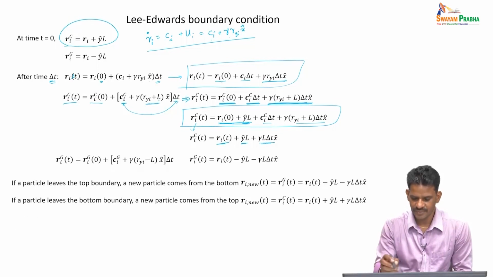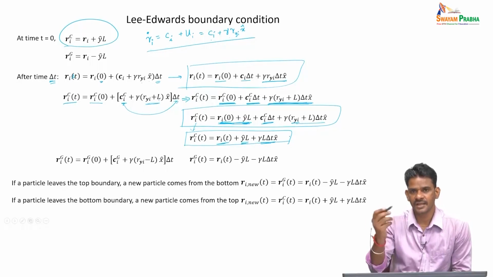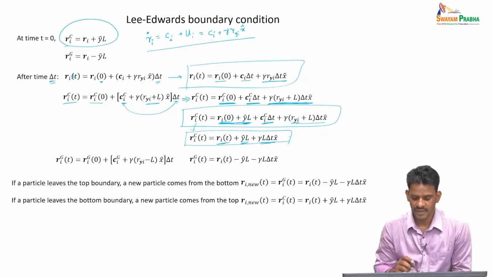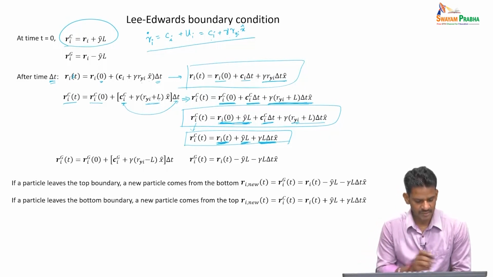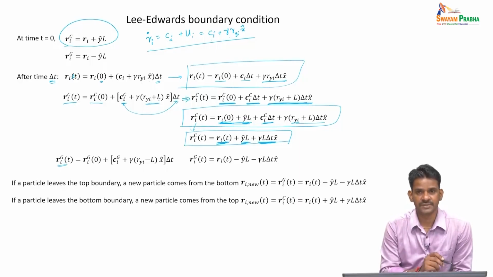So, what we are trying to do is look at this term and then this term, which corresponds to R_i^0, and the remaining terms are this. So, after time delta t, the position of the particle in the periodic image at the top is given by the particle position in the central simulation box plus its y component, because it is in the positive L direction, and then this extra amount that comes because of the streaming velocity. Similarly, we can also do this for the periodic image in the bottom layer, in the image box G,